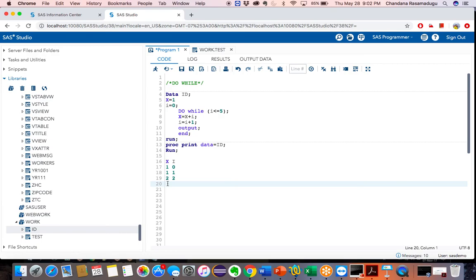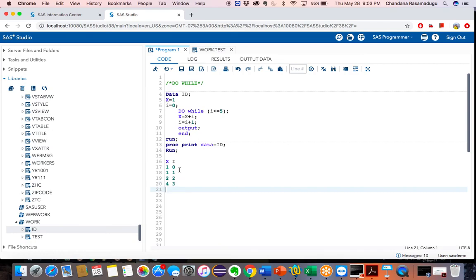Okay, now write, what is the x value here? X equal to x, x is 2. 2 plus I, 2. So what is the I value? 2. So 2 plus 2 is 4 here. So here x value is 4. And here what is the I value? I plus 1. What is the I? 2. Okay, 2 plus 1 is 3.